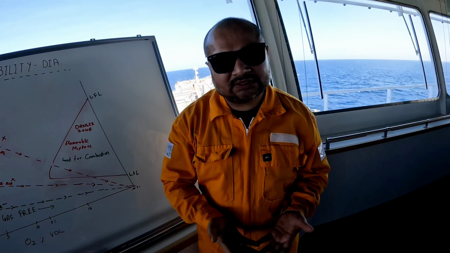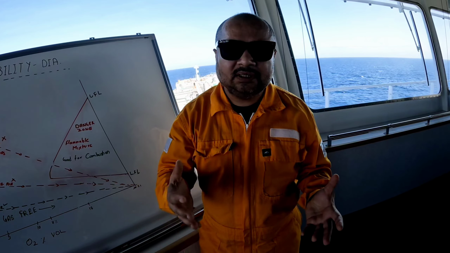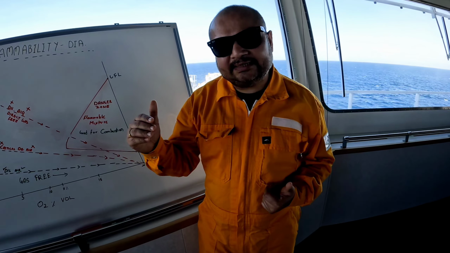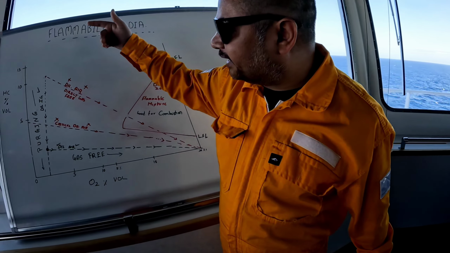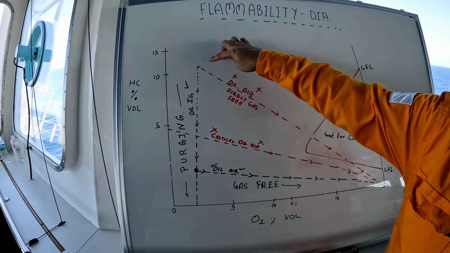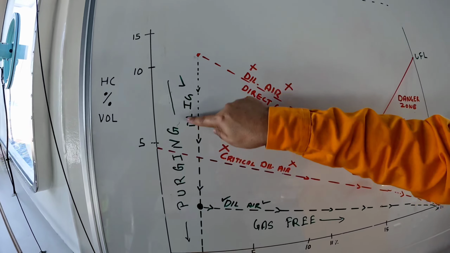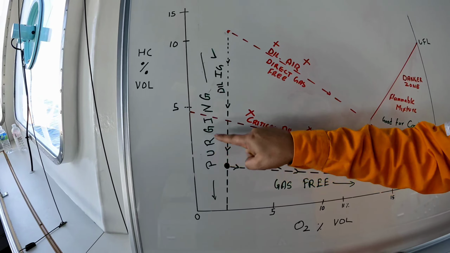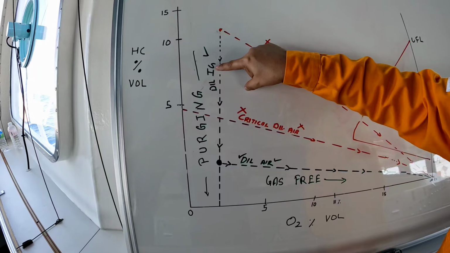Now your tank atmosphere has become 2% by volume hydrocarbon gas, and that is the right time to input air, and then we will increase the oxygen. So this is the right way as I discussed now. Over here, instead of going the wrong way, we will go the right way. That is why I have ticked over here the right way, which is called purging. So the first process is purging. What we do is we dilute it with IG.